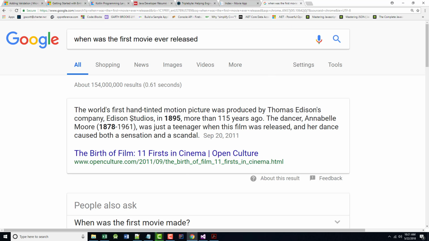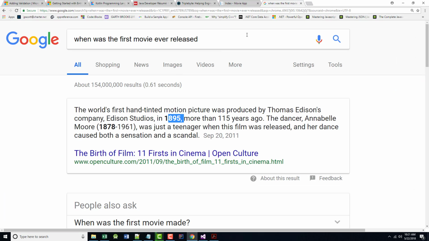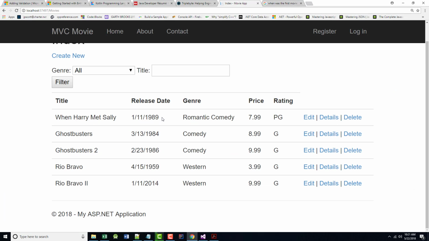All right, and it says 1895. So what we could do is we could come in here and say, as an example, the release date had to be between January 1st, 1895, and maybe we'd even go up to December 31st, 2020,